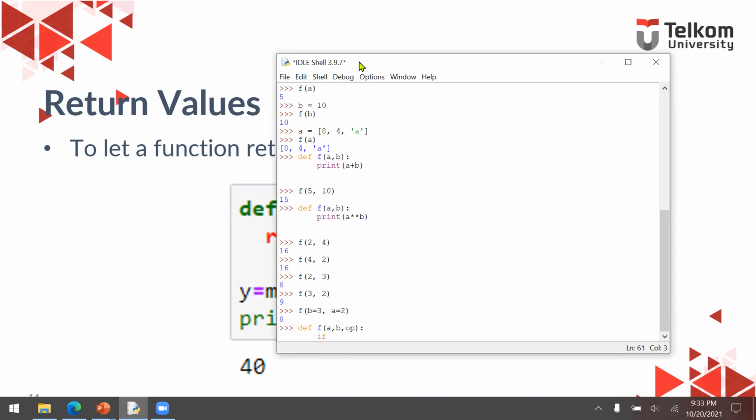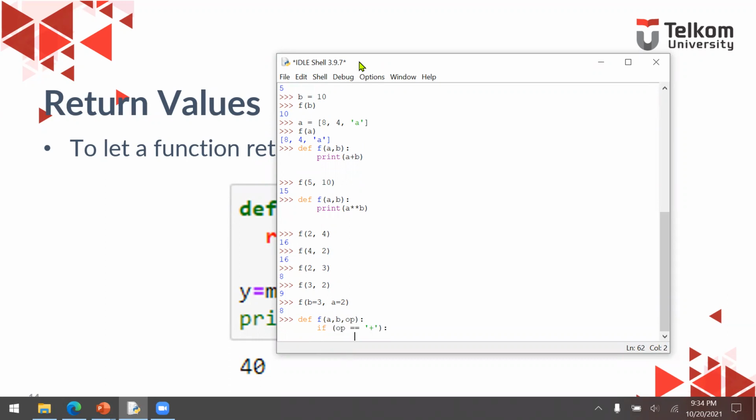Then if operator is equal to addition, then please return A plus B. Okay.